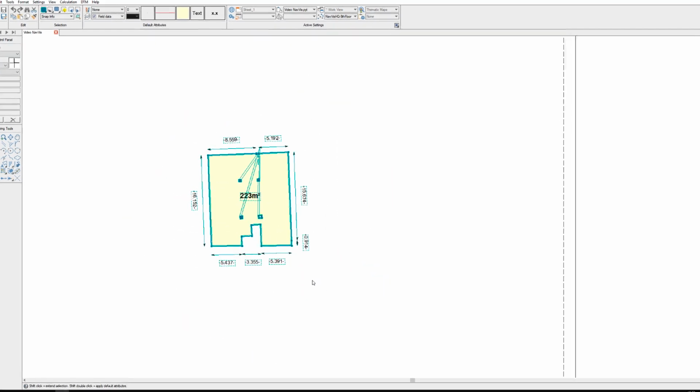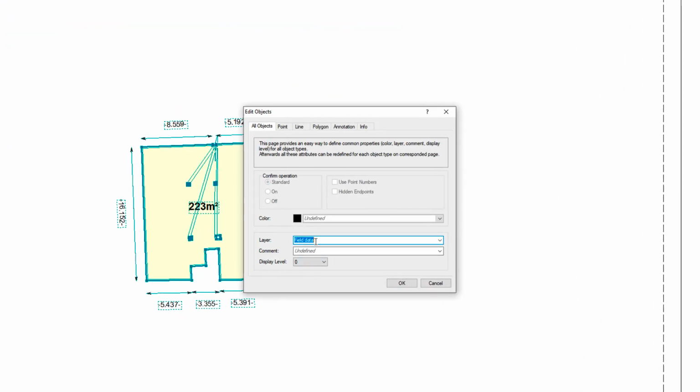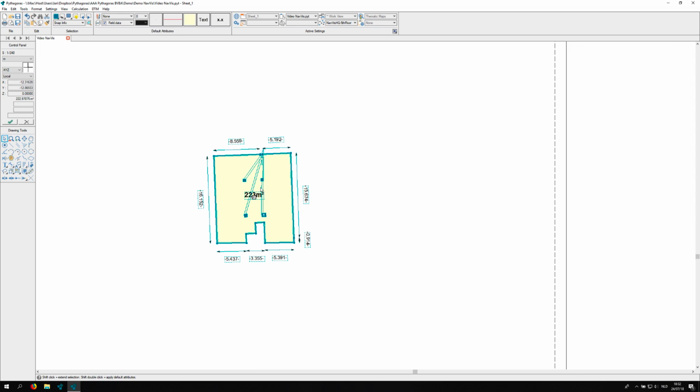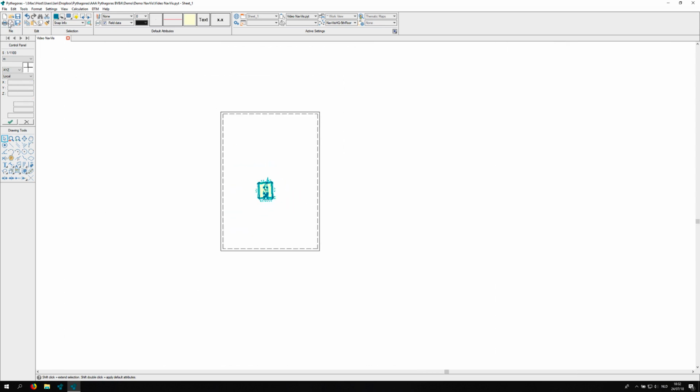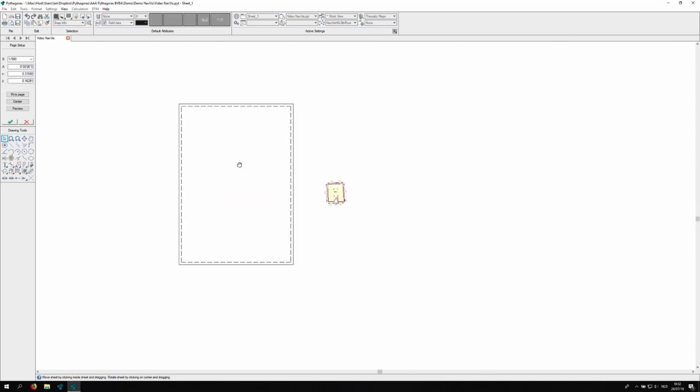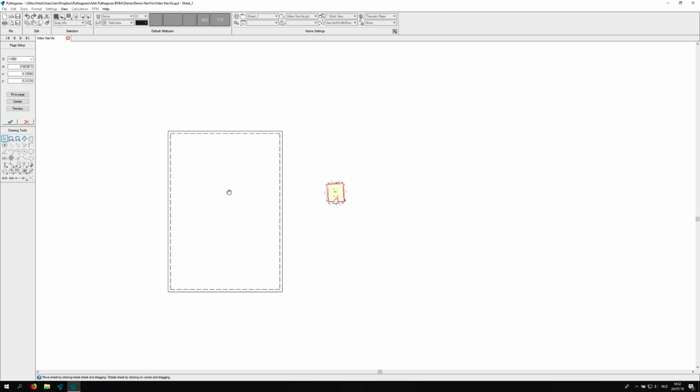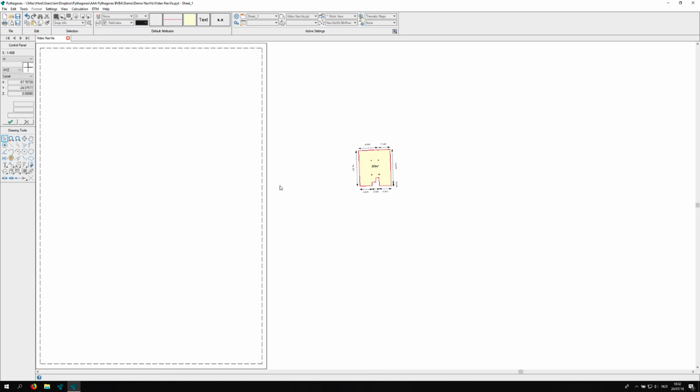Now I will select all objects to put them in a specific layer. In this case, I will choose floor plan as the layer name. Next step is to build the layout. First of all, I move the sheet to the left from the actual objects. Then I select the objects and separate them from the point cloud, as you will see.